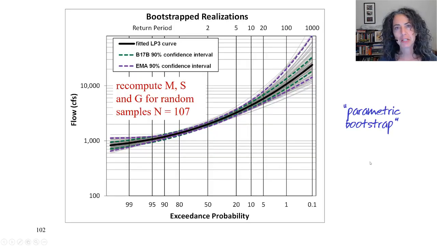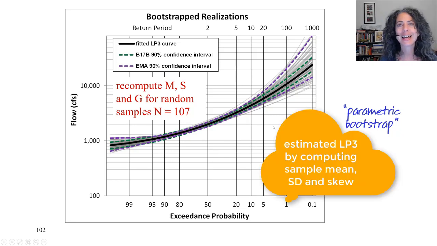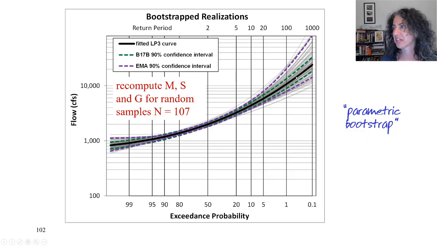So I did a sampling experiment where I computed the uncertainty based on a sample size of 107. I started with the original estimated curve and drew a random sample of size 107 from it and re-estimated the log Pearson type 3 distribution, plotted it as a gray line, and then did that again with another sample of size 107. Doing that hundreds of times, I got all of these gray lines. And as you can see, they really span the 17C confidence intervals,